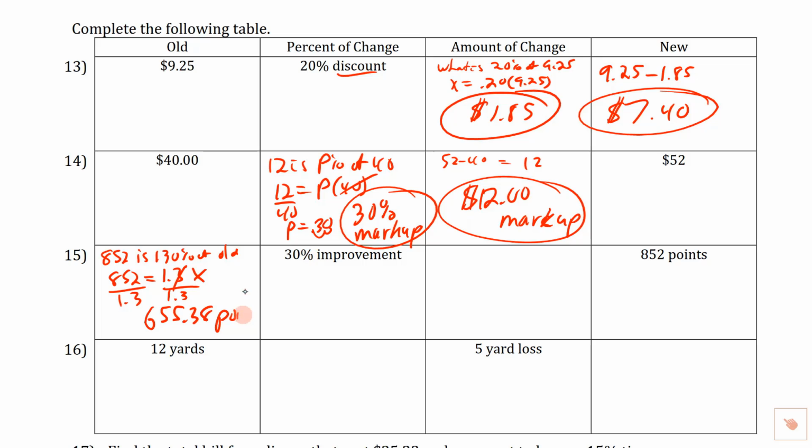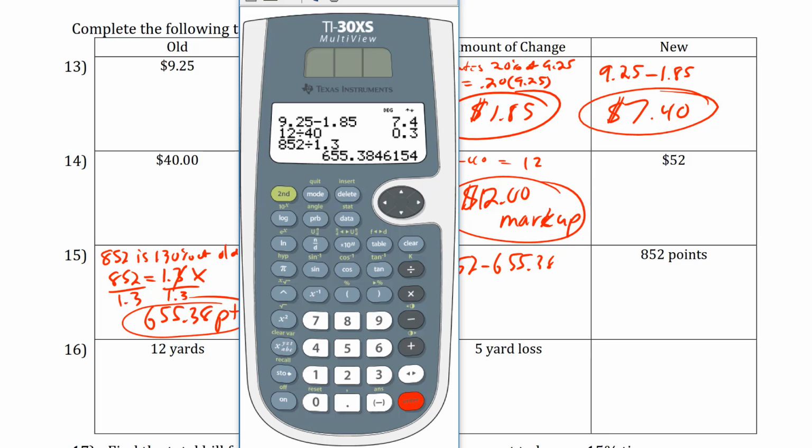655.38 points. And I'll just put PTS right there. Okay. Well, what that means is if we went from 655.38 all the way up to 852, we can actually figure out now what was the actual point improvement. So we're going to do 852, and we're going to subtract 655.38, and we are going to do a subtraction